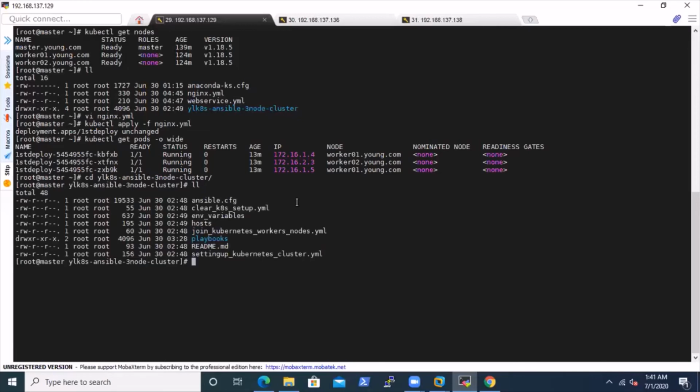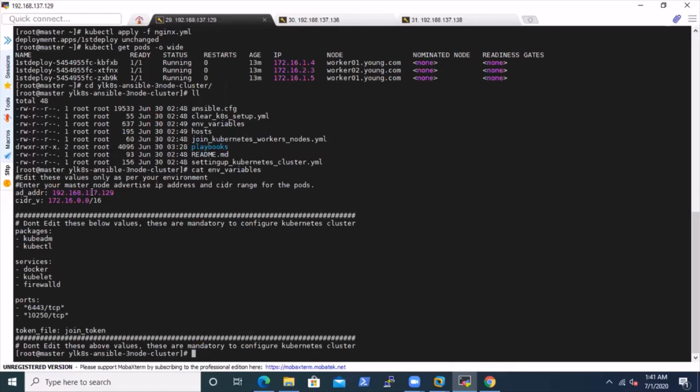Let me go inside this folder. I want to show you the IP address, see the CIDR range, and this is the same because it is inherited from this place. So it took the IP addresses of the nodes from this place.